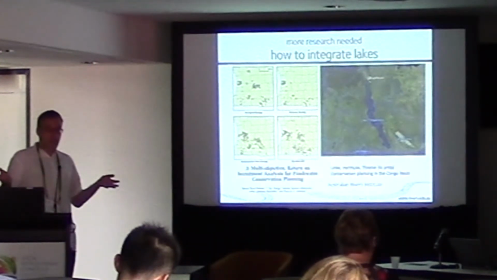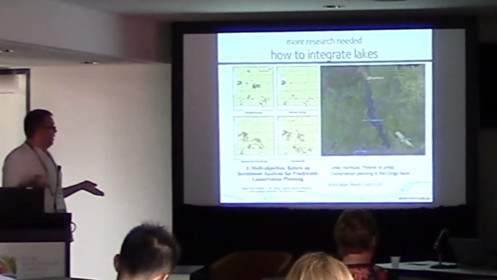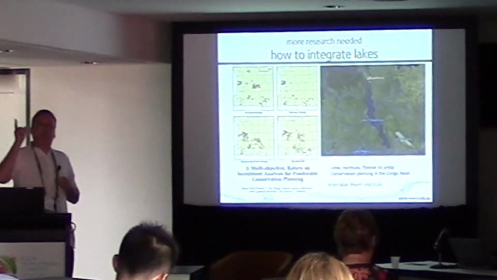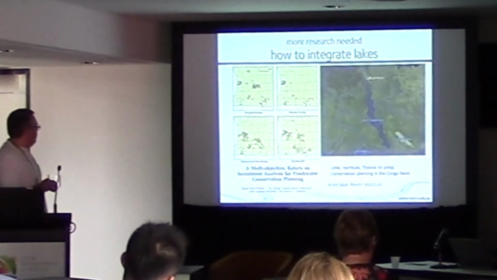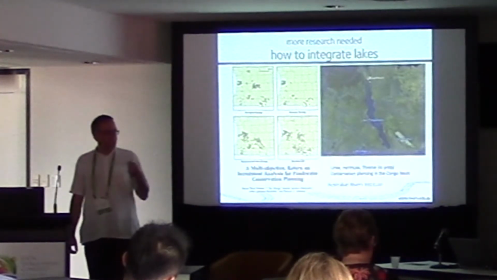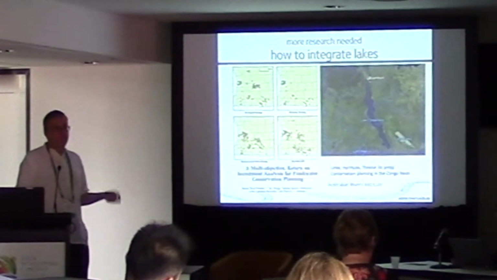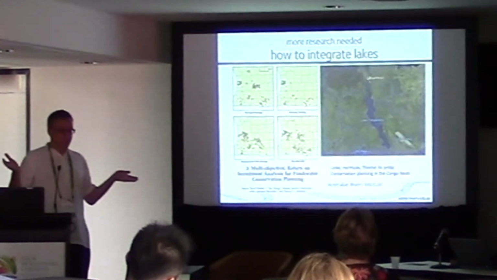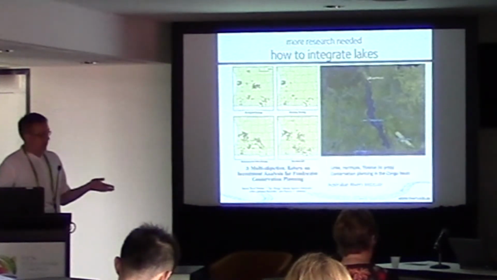We've published so much about river conservation planning between a lot of people in this room, but lakes, it is really difficult. We actually found one single proper systematic planning exercise for lakes out of Patricia Serrano's lab in Michigan. But these were just small lakes, right? So yes, it was landscape-based prioritization of lakes. But what do you do if you've got a lake like Lake Tanganyika? What's the best measure for a large lake? Again, lots of work to be done.